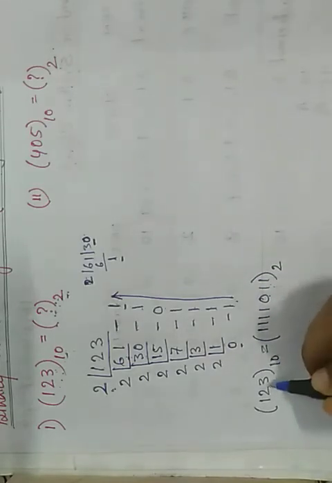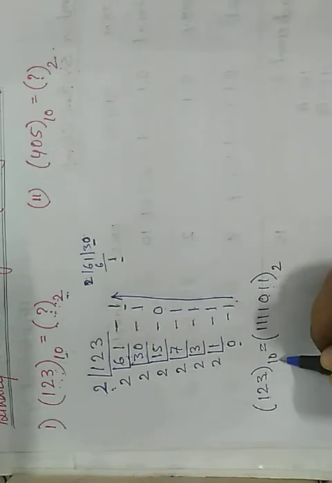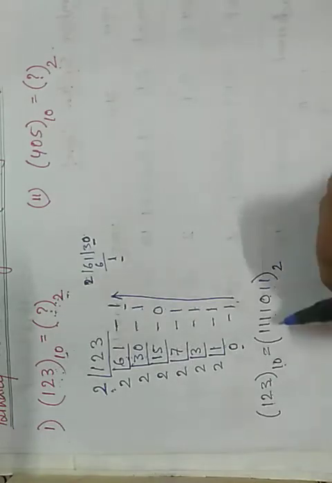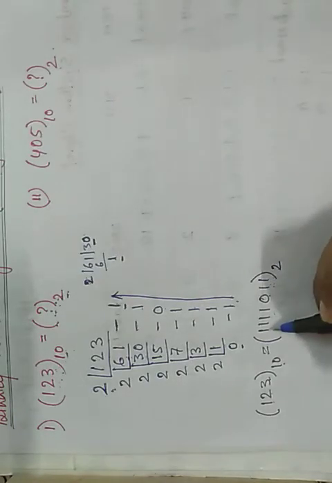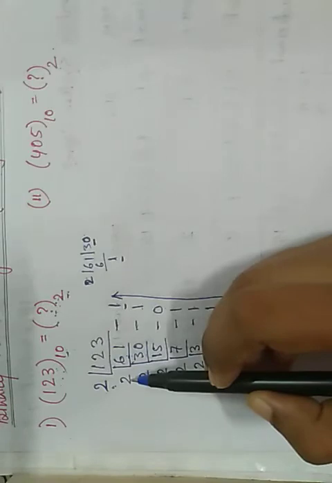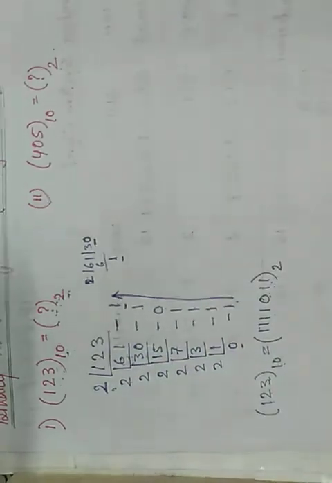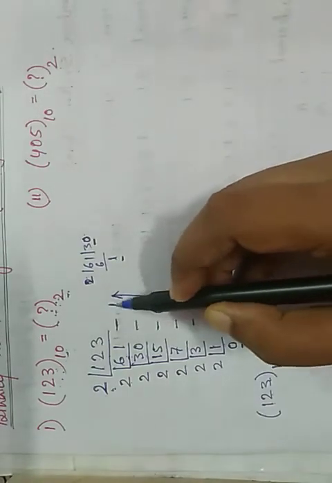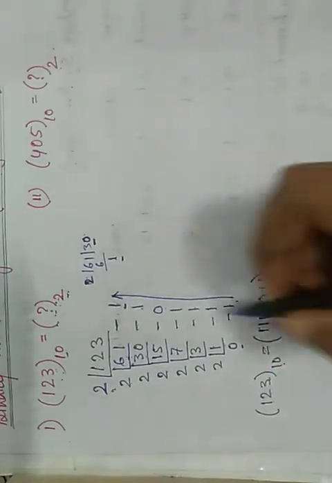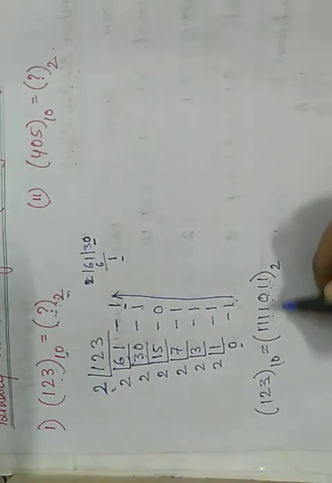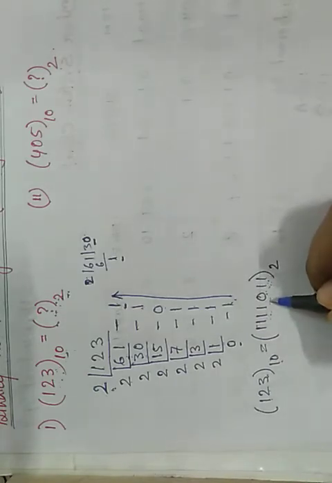Here the digits 1, 2, 3 belong to the decimal number system. As this is in the binary number system, the values are 1 and 0 only. Okay, why are the values 1 and 0? Because when we divide a number by 2, the remainder is only 0 or 1. We take the remainder values, and that's why we get the number system in 0 and 1, as this is the binary number system.